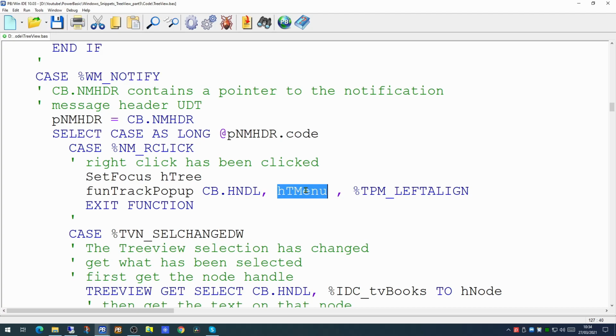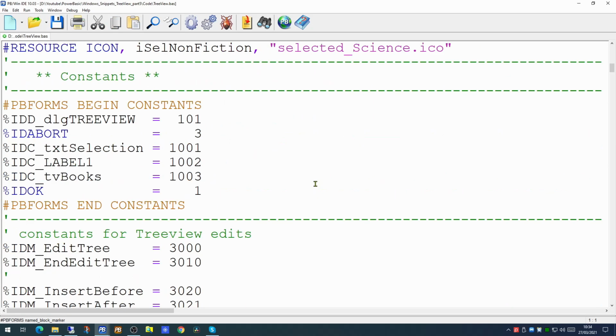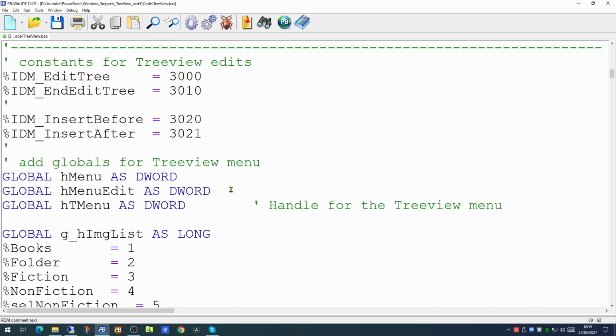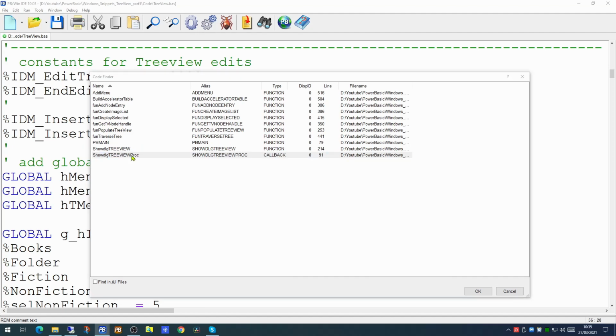So before we go any further, we want to create our menu. And after creating the menu, we'll then create our new function to display that menu. As we've created this new global handle, we want to declare this right at the beginning with all the other globals. We've created one menu already. This will be menu number 2. So we need a little function to manufacture this menu, and we'll want that called when the tree view is created. So back to our callback function again,